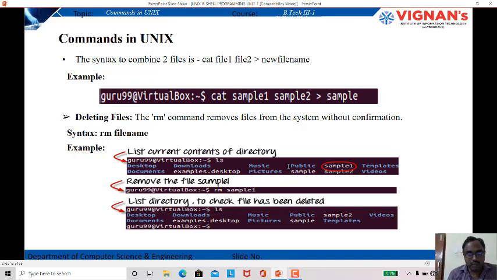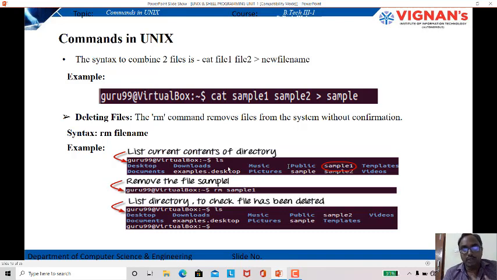The example for this I have taken as screenshots. This is the terminal, as usual with the $ prompt. Before deleting, you can first use the command ls. As I said in the previous class, whenever you type ls, it will display all the current contents of the directory. In this case we have some directories, Desktop, Notes, and then sample1 is file one, and sample2 is file two, like that.